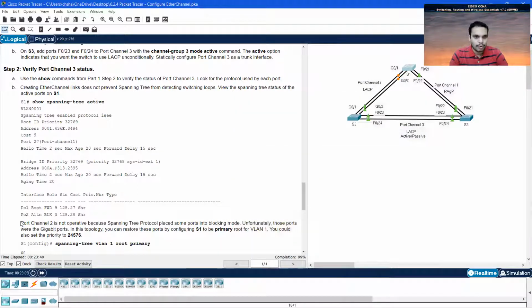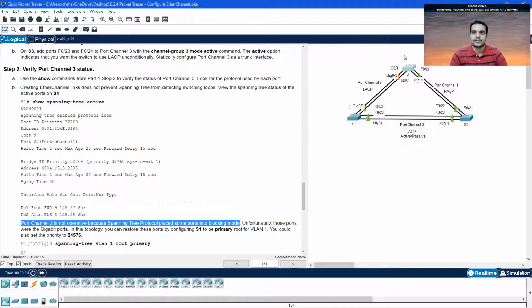Now, port channel 2 is not operative because spanning tree protocol placed some ports into blocking mode. Yes, to prevent loops, spanning tree has put this particular port channel into blocking mode. But these are the gigabit ports, and we want the gigabit ports to be active rather than the Fast Ethernet ports. So to change the spanning tree, we need to make S1 our root bridge.